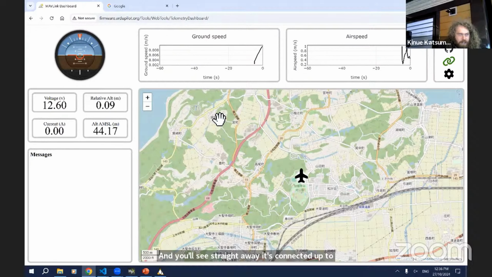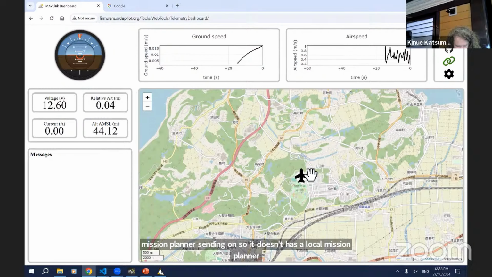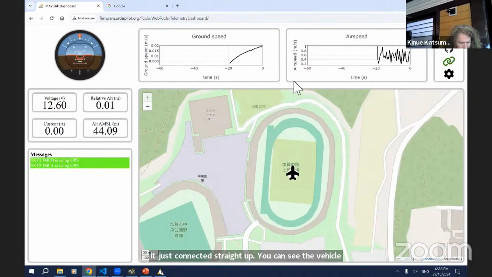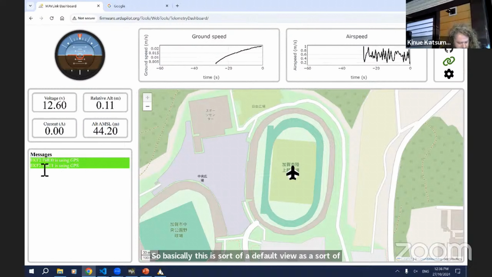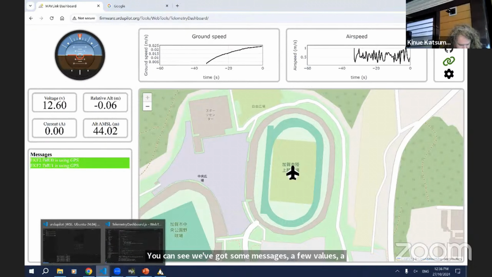So when you first load it, it knows what port Mission Planner is sending on, so it goes and has a look for Mission Planner. So it's just connected straight up. You can see the vehicle here, and a few example widgets and things. So basically this is a default view as a little teaser of some of the things you can do. You can see we've got some messages, a few values, a little HUD thing, ground speed, airspeed, the map. So let's just,